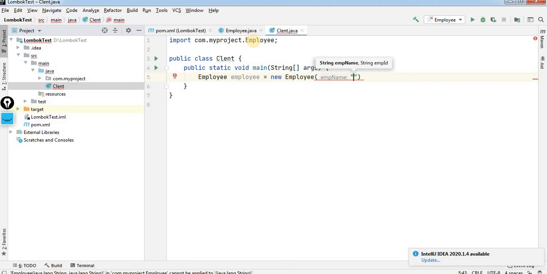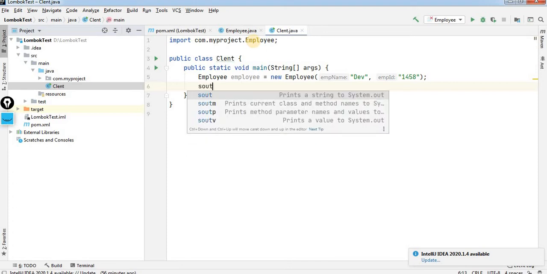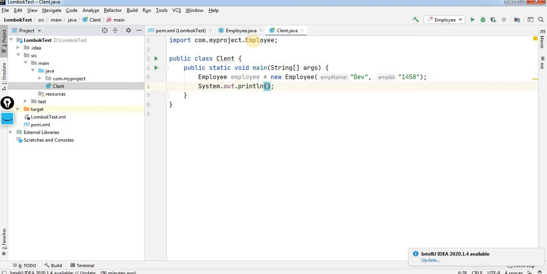I can provide the employee name as Dev, and the employee ID as 1458. So you created an employee object. Now if I want to get this employee information, I will write System.out.println.